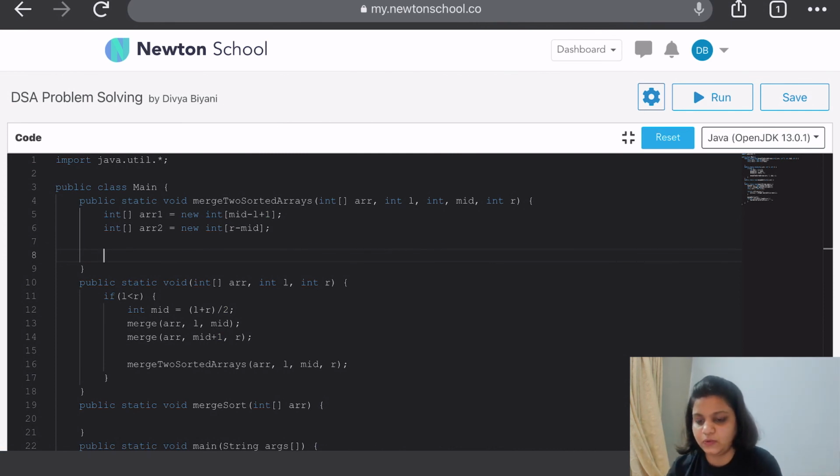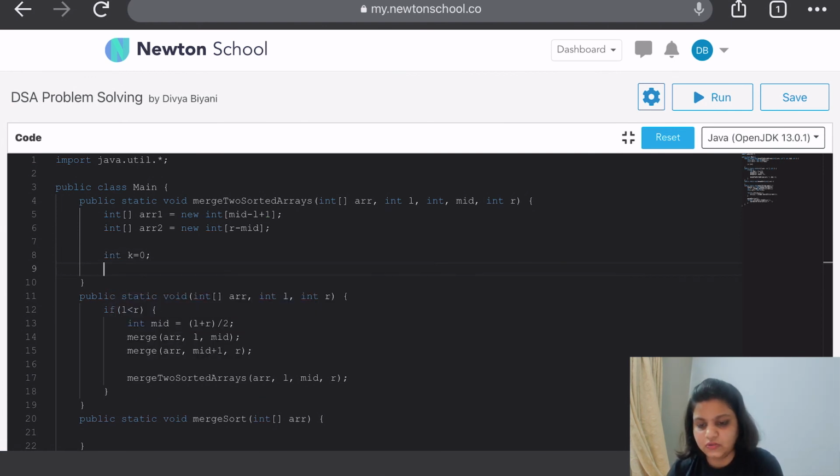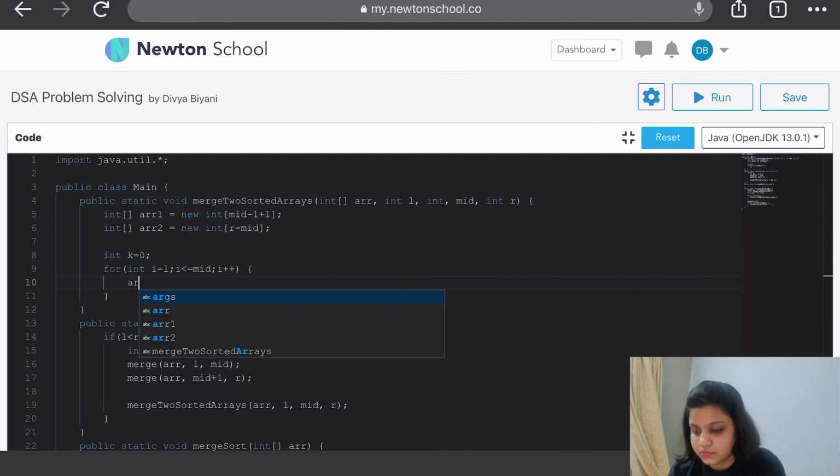So first we need to insert the elements and create array 1 and array 2. We are going to start array 1 from L to mid and add the elements.